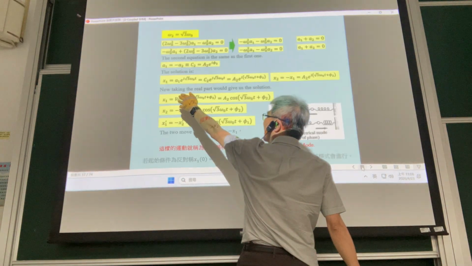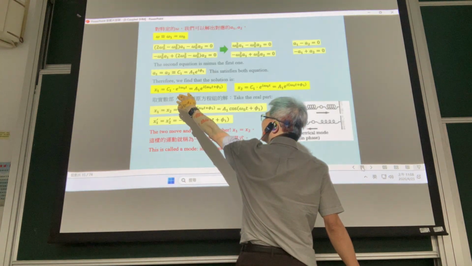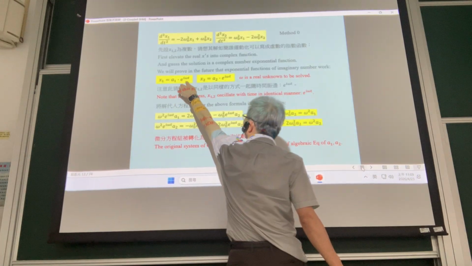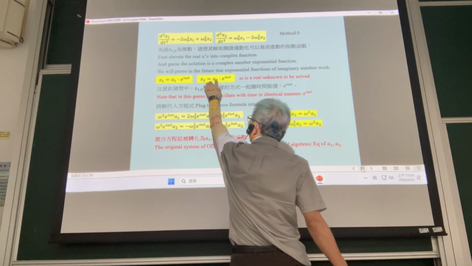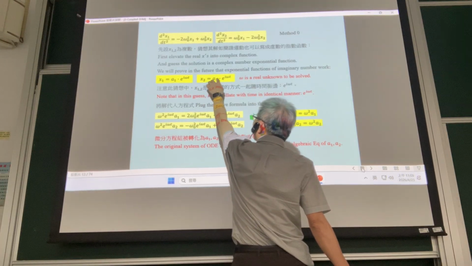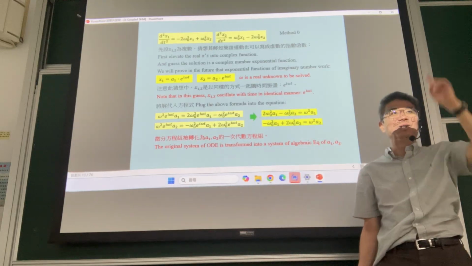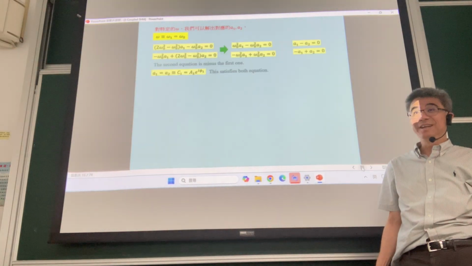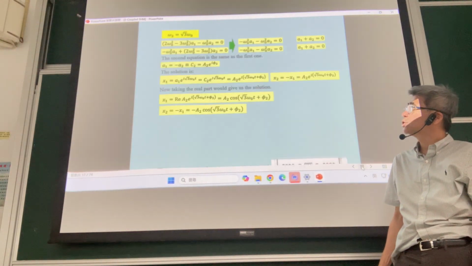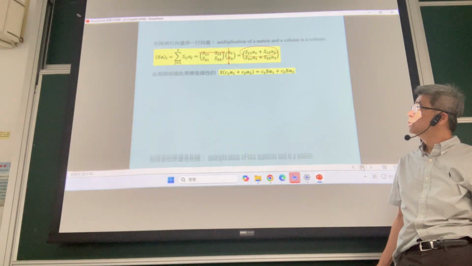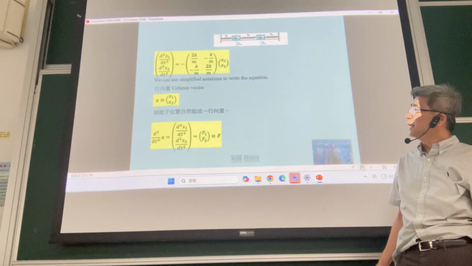x1 equal to a1, sorry, a1 times e to the I omega t, x2 equal to a2 times e to the I omega t. Now I can combine them together into one notation. That's the key. I combine them into one notation and assume that the solution I'm going to assume is that